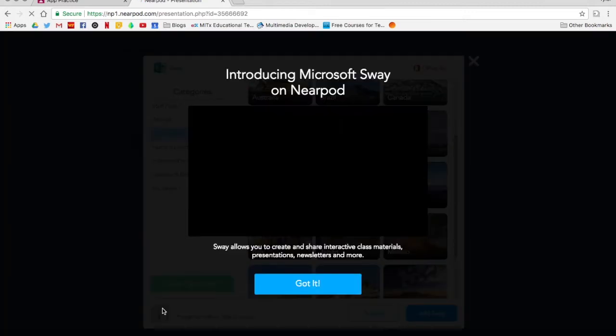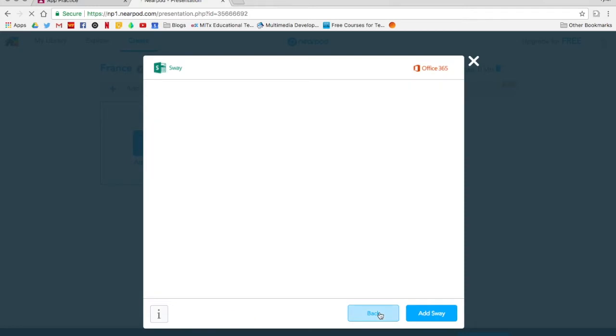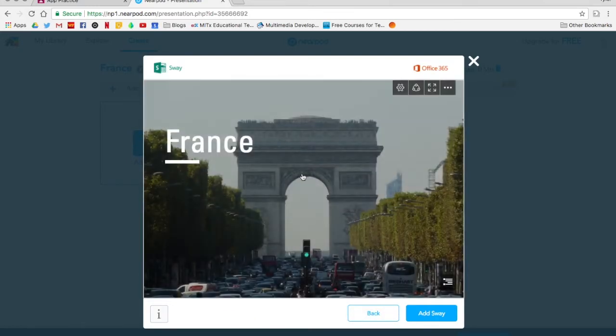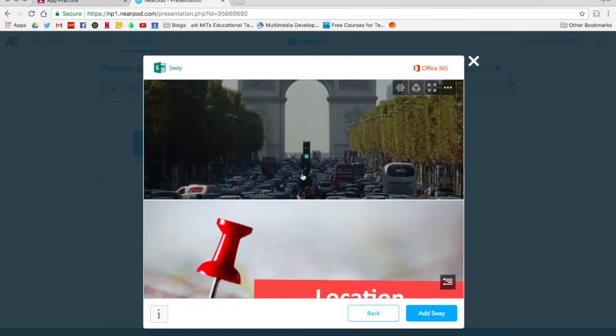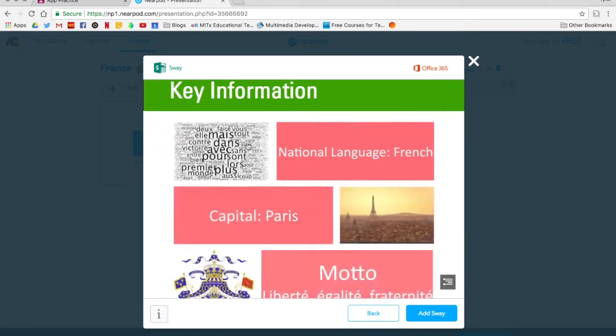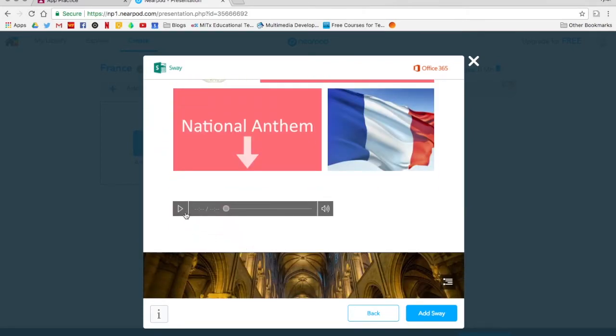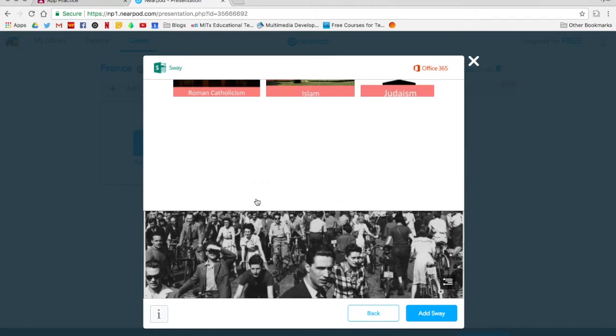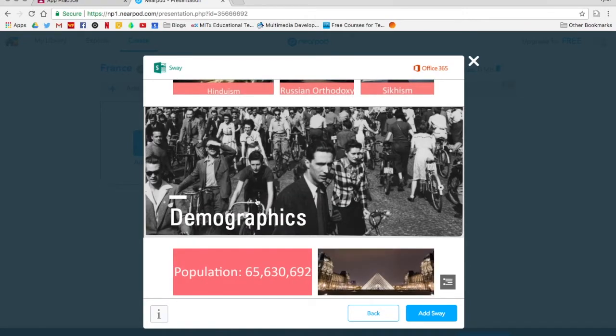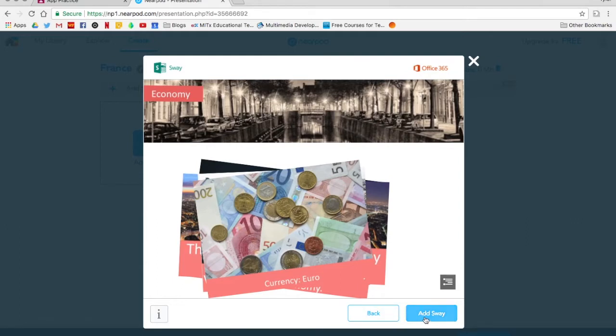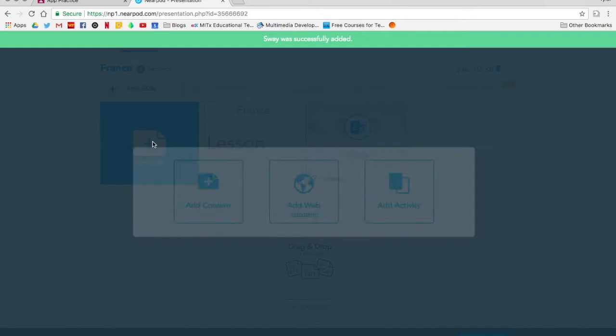I'll show you a quick preview so that you can see what it looks like. Once it loads, it has a bunch of information and students can click on it, they can interact with it. You'll notice it has the national anthem here that they can play. So you can add this in so when students get there, they'll go through all of this on their computer. I'm going to add the Sway in there,